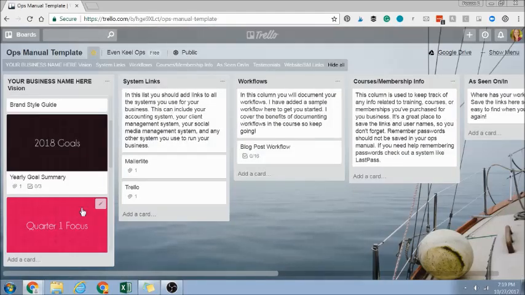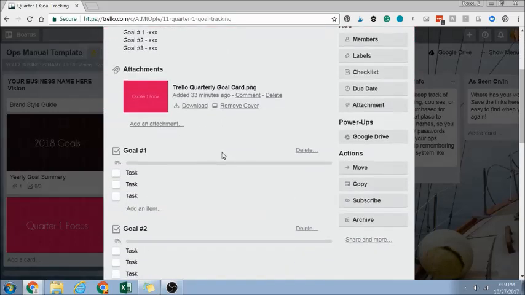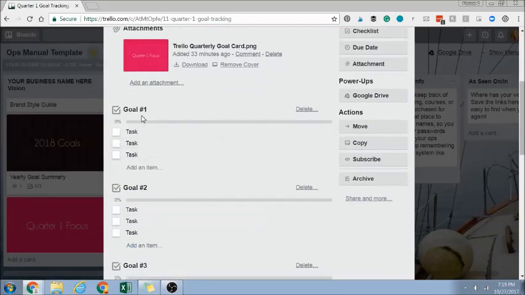I have my quarterly focus cards set up in much the same way. I like to keep my goals in the description area so they're easily viewable when I click on the card, but I also have a task list set up for each goal. So I have goal 1 and then all of the tasks listed that I need to do in order to achieve goal 1. And as I work and check off tasks, Trello again lets me know how close I am